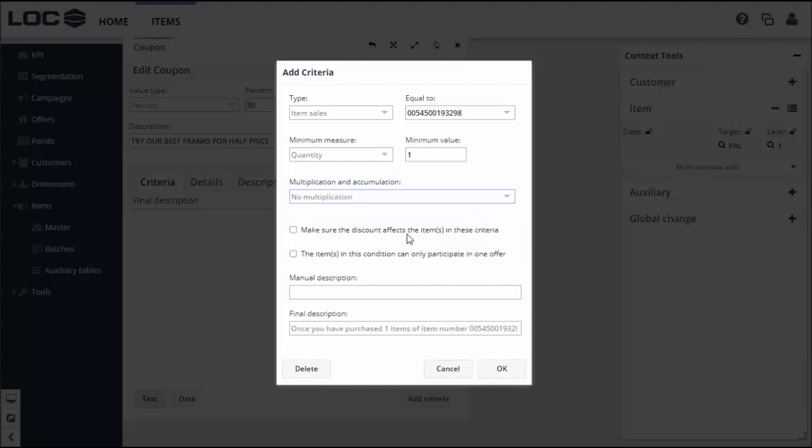Do I want the discount that we're giving away, the 50% off, I should say, to affect this item sales? Yes, that's what I want to do. Check that because it is an offer about buying hot dogs. Do I want this condition to only participate in one offer? Yeah, I don't want sales or any other types of coupons that I have out there to affect this particular offer, or do I want this hot dog that I'm trying to get the folks to buy to affect other offers? So just this. Manual description, I'm going to paste in what I had off screen just because it's a little bit simpler that way